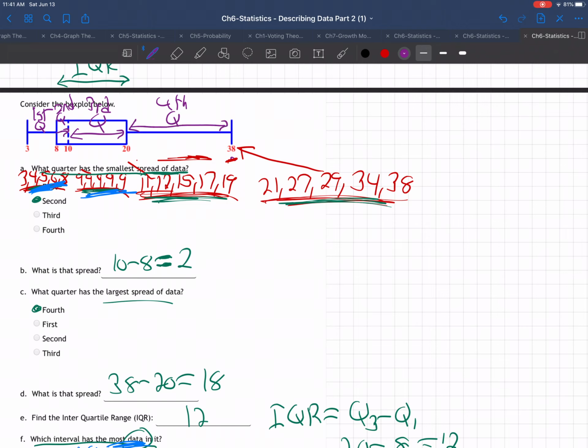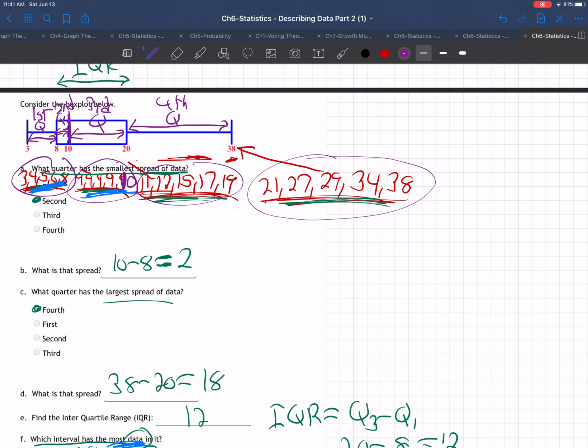This is the second quarter, and this is the first quarter, right? So this is halfway, because 2/4 of the data, 1/2 of all the data values, are between 3 and 10. Half the data values go from 3 to 10, the other half go from 10